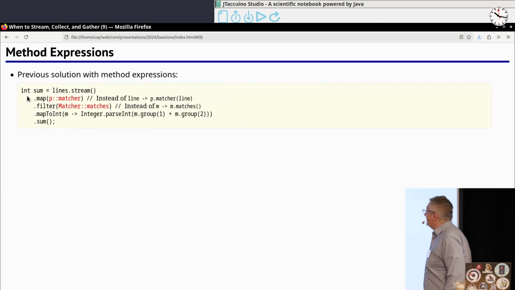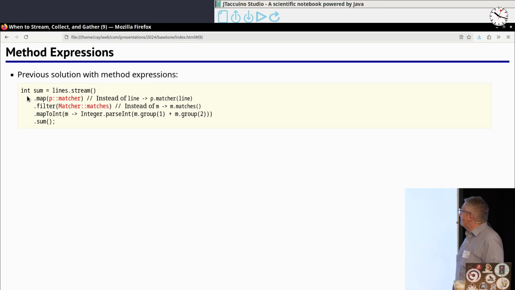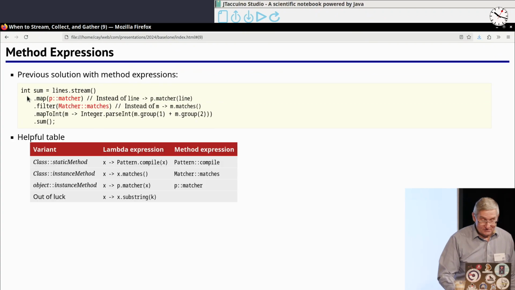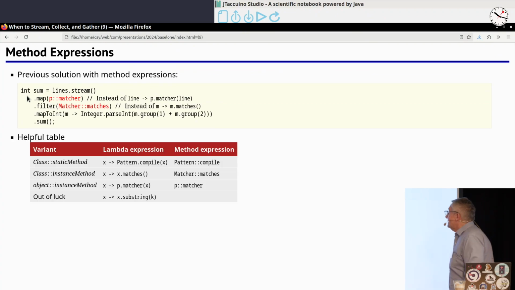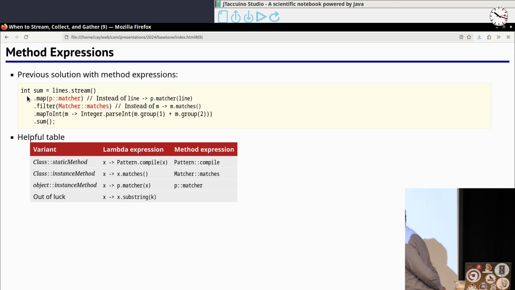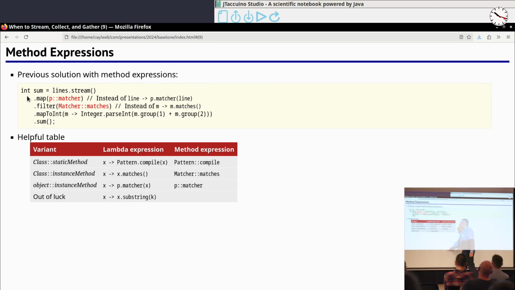But somehow I always also particularly this version with the p::, to me always looks a little bit magical, and I have to look at this cheat sheet that's out of core Java that shows the 3 different variants of how you can do this method expression syntax. Because there's 3 different cases. Here we have a static method. Here we have an instance method. And they look the same in the method expression, but you have to know that they're really quite different things.